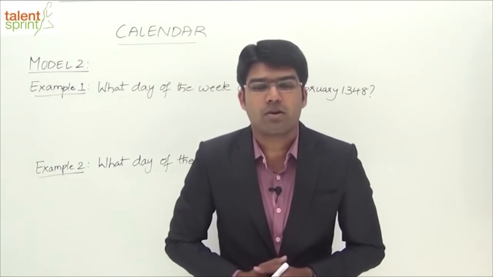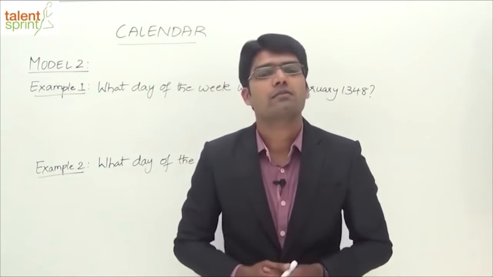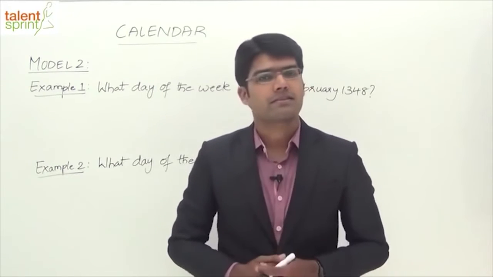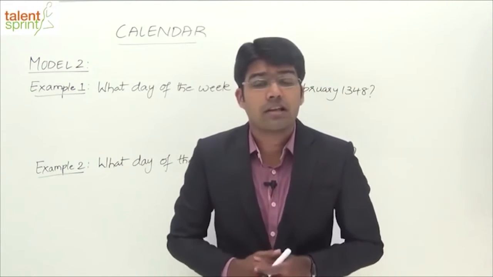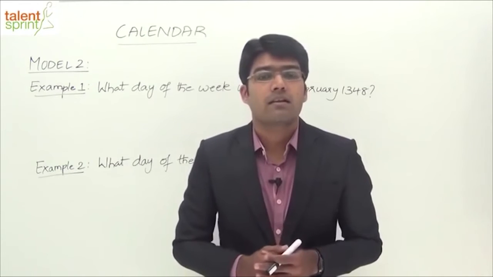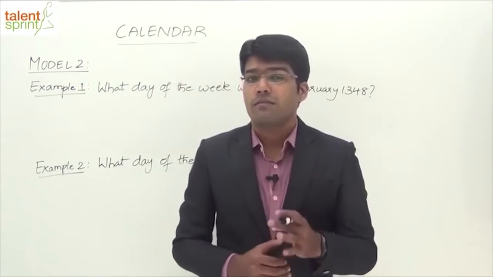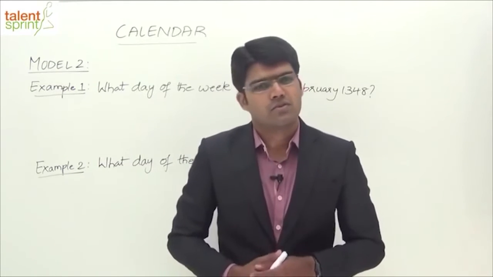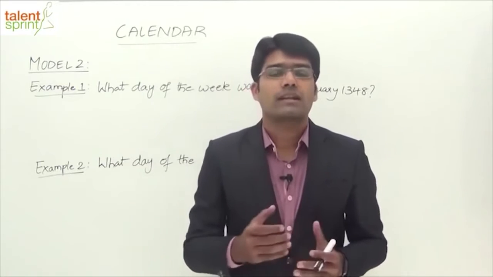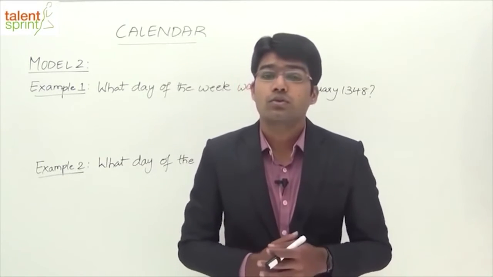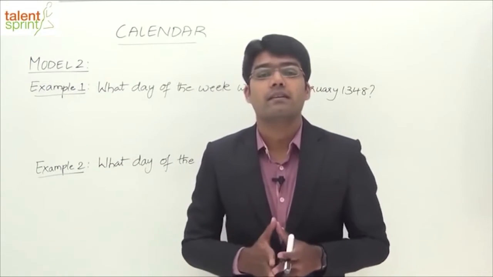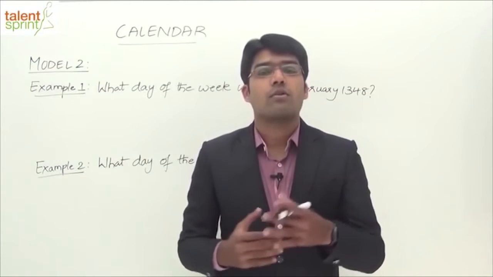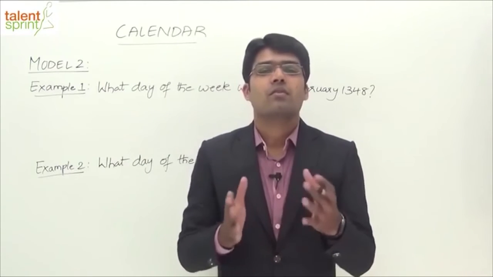Let us now look at the second model from the topic of calendar, where we are required to find the day of the week for the given date without any other reference given in the question. We have already solved a couple of such questions in the introduction part, where we found the day of the week for 15th August 1947 and 1st of May 1988. So a similar procedure has to be applied here to get the answers. But remember, for you to get the answers quickly without any difficulty, you need to remember the code of the month. That is nothing but the total number of odd days for all the months before the given month.